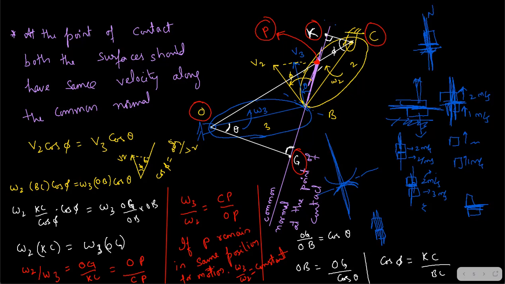So P should remain at the fixed point where the line joining the centers intersects the common normal at the point of contact. That point should be fixed for any kind of rotation. Only then it is possible. So now we have to start searching for gears where the surface is such that at any point of contact, P lies at the same point. It is not changing, because C is a fixed point and O also is a fixed point. If P is fixed, can we get a constant value or not? Yes. That's our next aim.